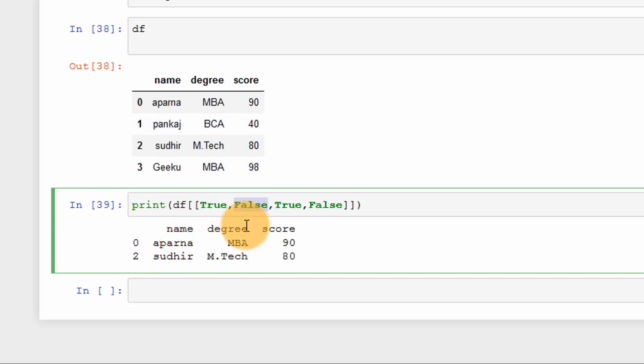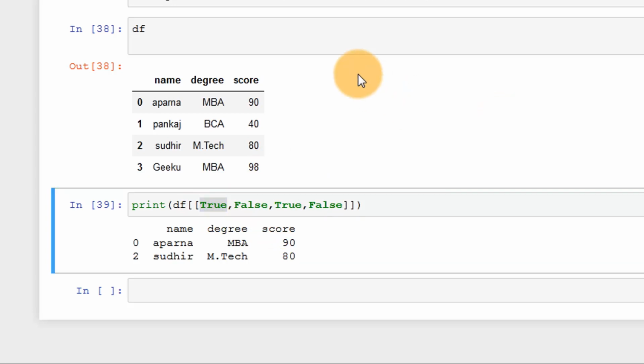Then we have the third, Sudhir, which is true, so I'm getting Sudhir, and the false, I'm not getting Giku. So you can see I can supply the row indexes in a list to mask the data frame, and I will be getting all the rows for which I have supplied true. So this is called masking.